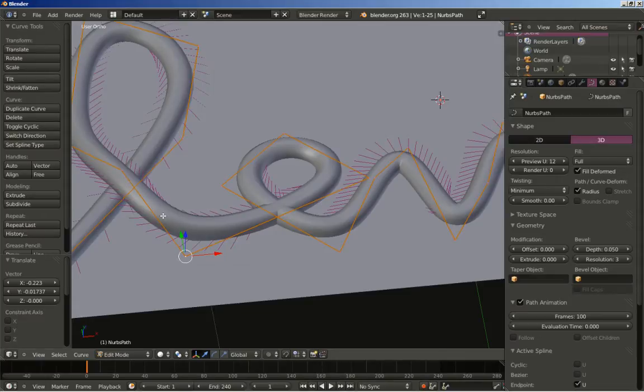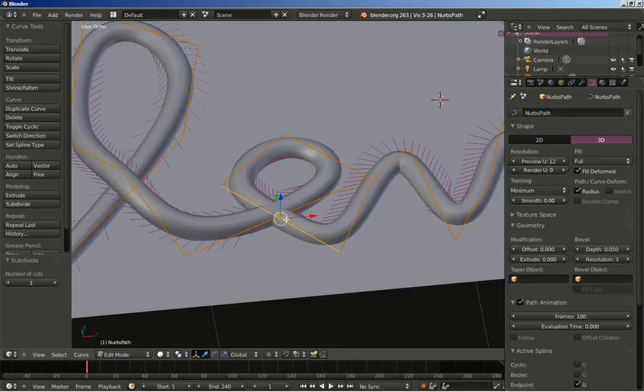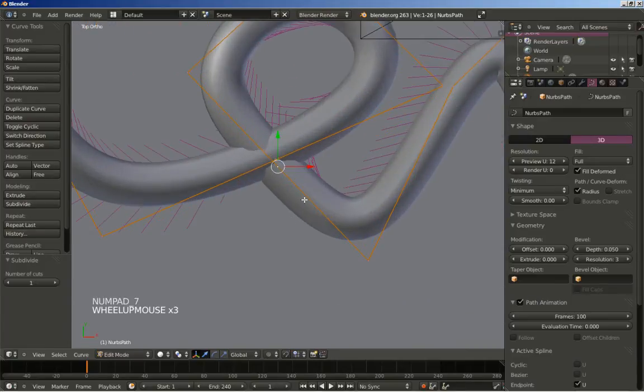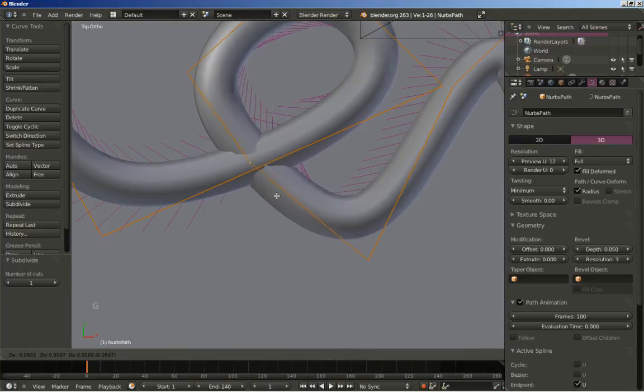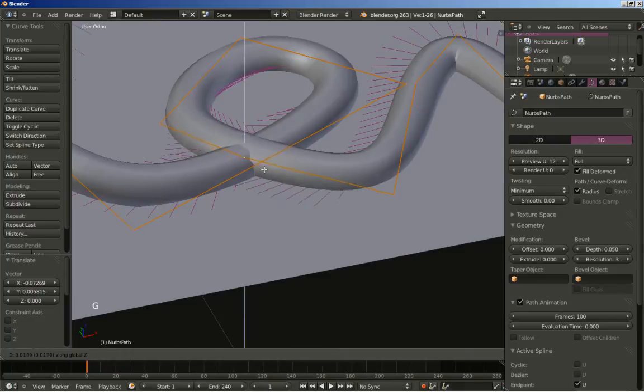As you can see, the spline will move here, and this point must be above. Now I'm selecting this point of the spline and this point, and as I'll also do when working with faces, I can hit the W key for the specials menu and click subdivide, and as you can see, we have a fresh point here that will help us fine-tune our text. I'm hitting the G key to grab it, and grab on the Z axis to move it up